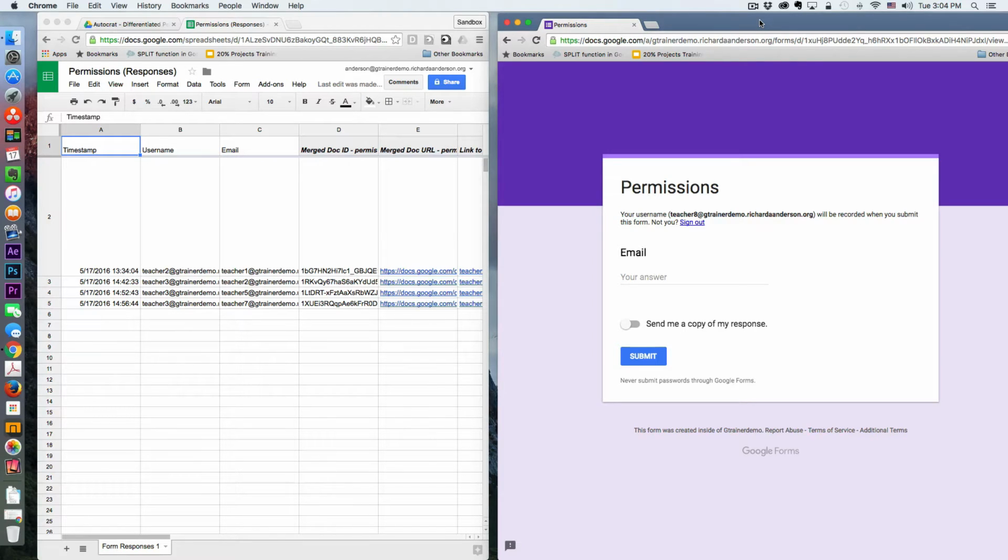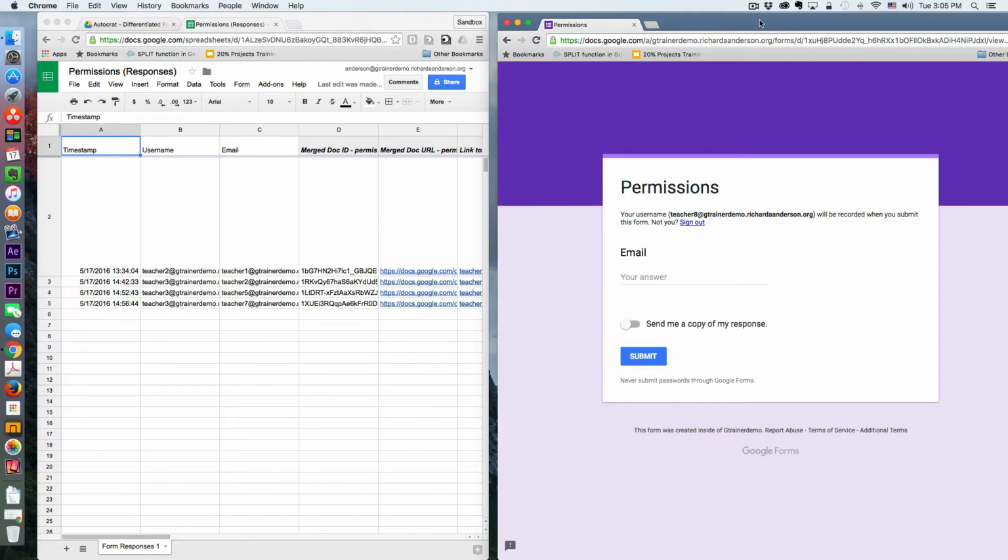In today's lesson I'll be demonstrating a concept that I've been working on in terms of using Autocrat to share documents with differentiated permissions. Now this is fairly crude at the moment, but what basically happens is you submit the form, and on form submit, Autocrat delivers a view only permission to the person who submitted the form. So the added piece is that there is a script that is kind of in a holding period that waits for a time period, and then after the merge has happened, it attributes editing rights to the viewer indicated in